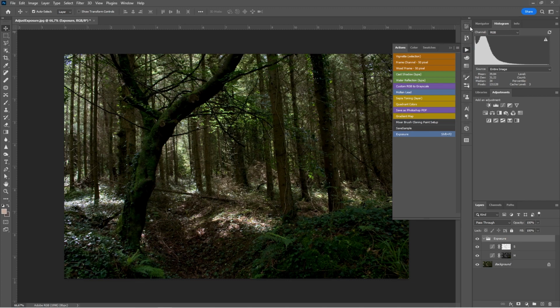Now I'm just going to delete this group here and test my action. So I'm going to click on exposure, and voila, that's it done. It's ready. So we now have our action, and this can be applied to any image at all. So it's flexible. You can also apply it to multiple images in batches. You can create a droplet in Photoshop to